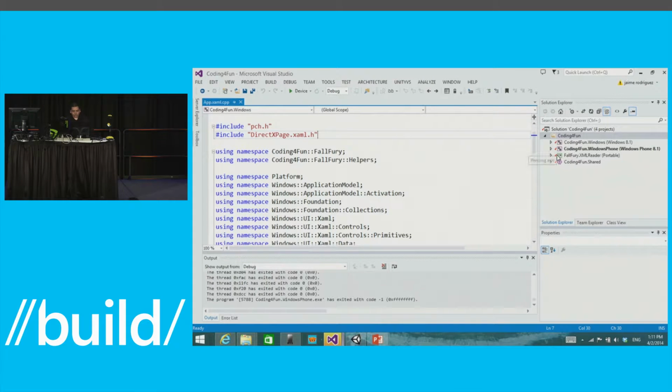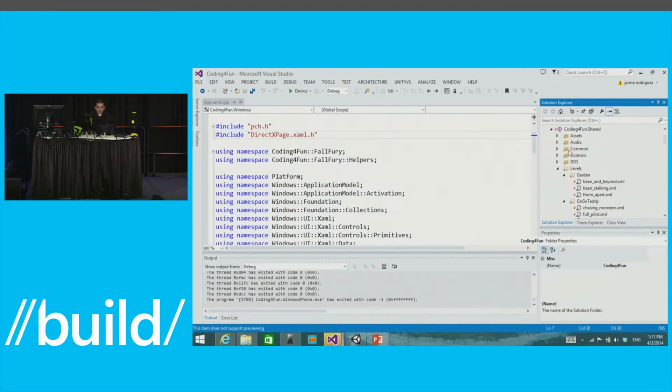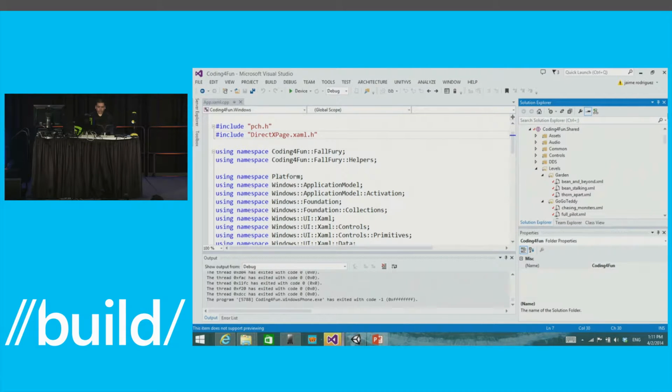So this is the original source. Again, what we did here was we created a new project. We said, File, New Universal Project, targets Windows Store and Windows Phone. And then we started copying and pasting all the code onto the shared folder. And that's where most of our logic is. So if you look at the new universal templates, this is what you're going to see. You're going to see this shared project, where everything you want to share, you can put in there. And you'll see here, in our case, 98% of the code is here. All of our assets, our audio, all of our menus, all of the logic is here. All of our shaders are here. So we're literally sharing 98% of the code.